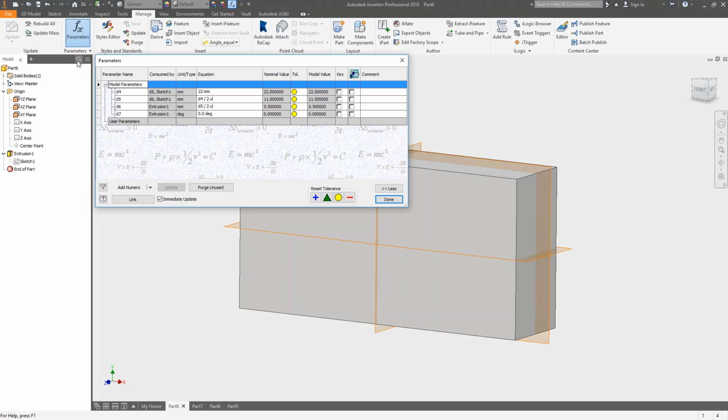Whenever you go to connect this to something like Configurator 360, it can automatically generate different variations based off your parameters. If you're creating iParts, which we'll talk about in a later session, iParts allow you to do a family of components based off of one general component that allows you to scale things up and scale things down and change things. So you can see model parameters, D4, D5,